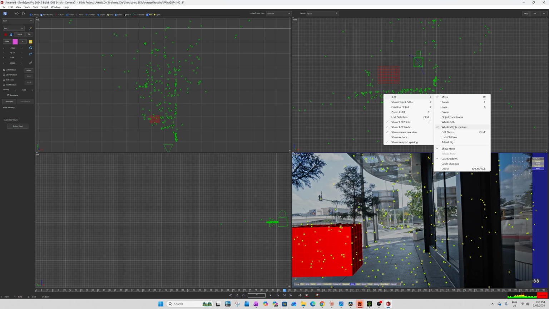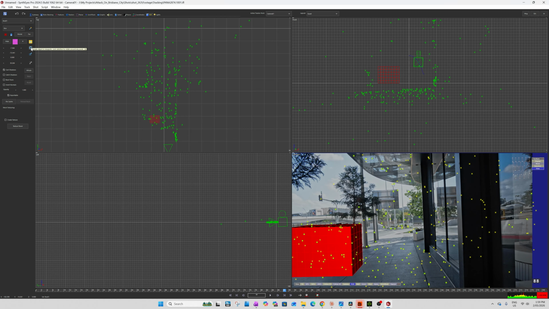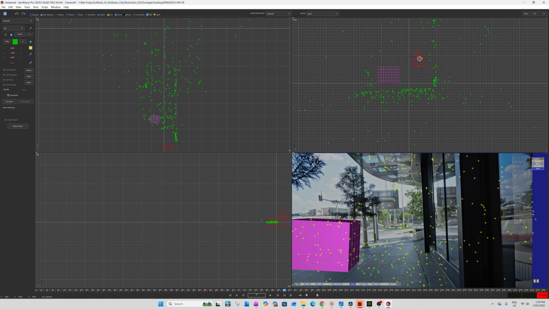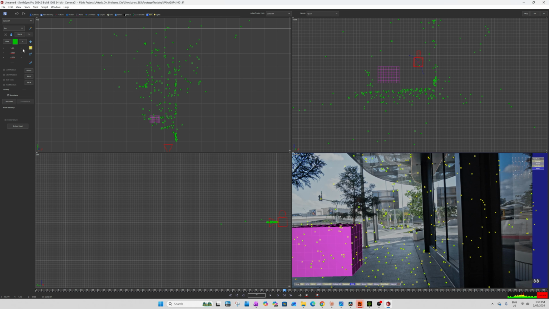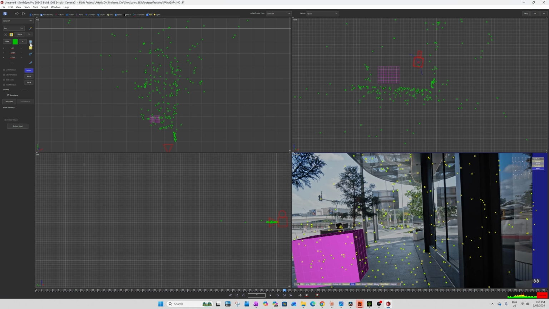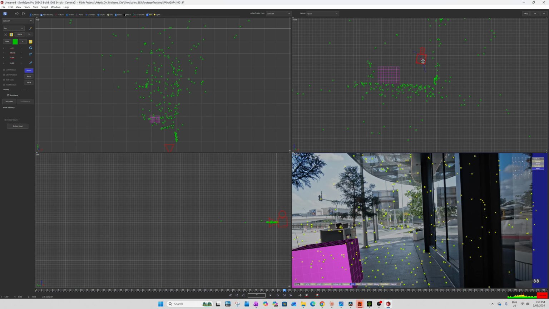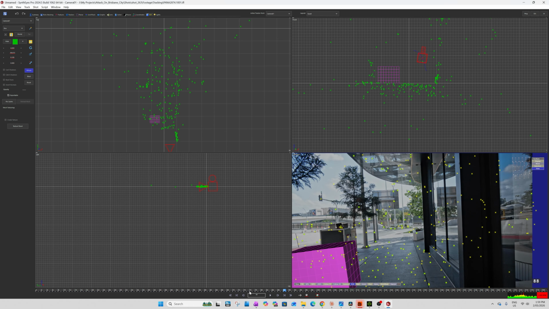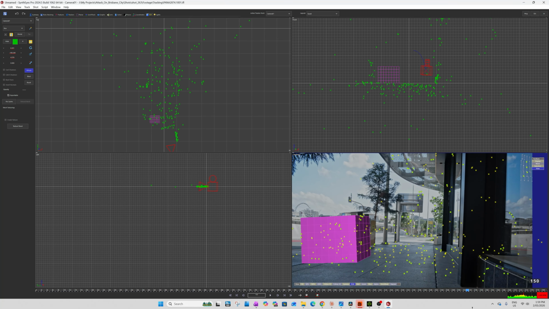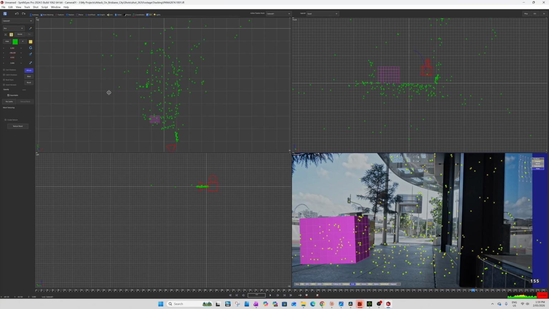3D. I believe you turn that off. Let's see. So that's turning everything. Let's see. Yeah, so they'll just turn that. But yeah, it's getting there.